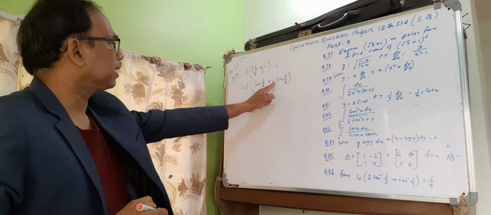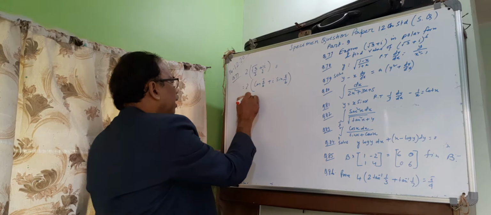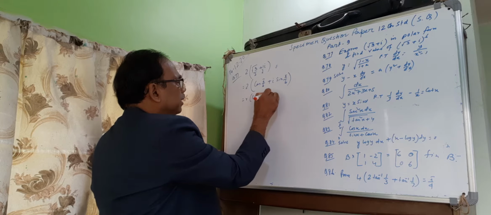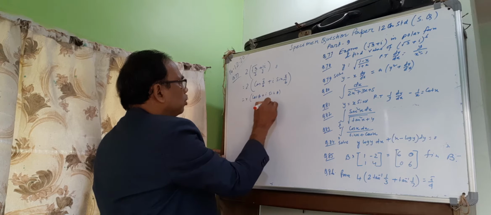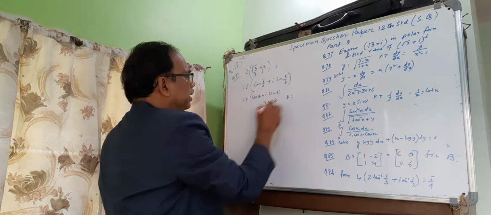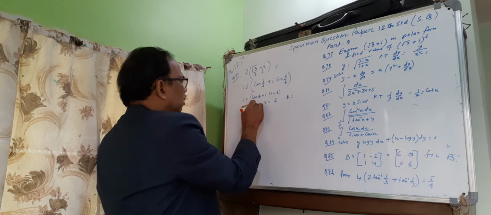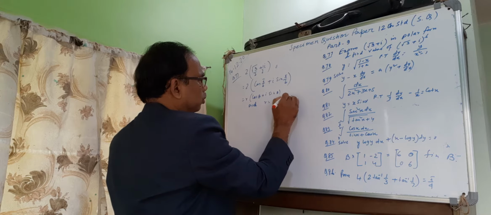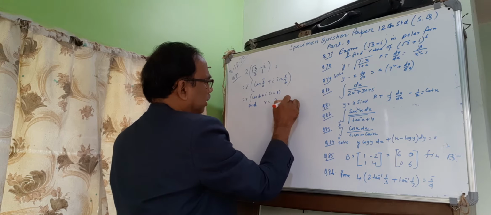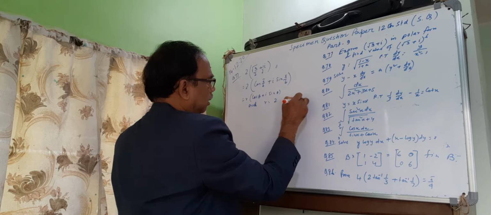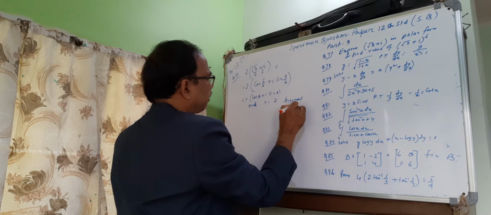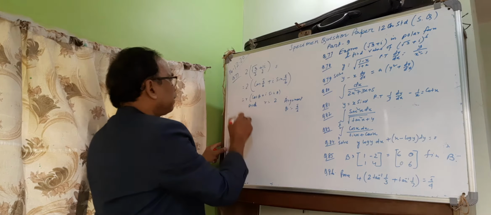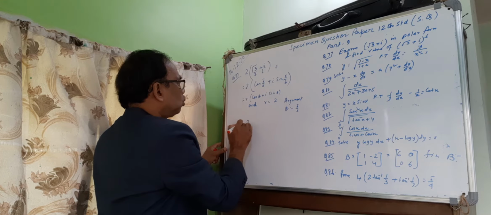r cos theta plus i sin theta, where r equals 2. Here r is the modulus, r equals 2, and theta is the amplitude, or argument. Theta is pi by 6. Now we have to find (root 3 plus i) to the power 6.